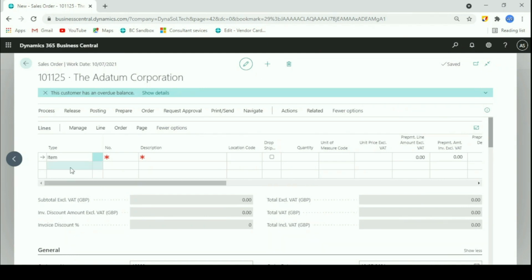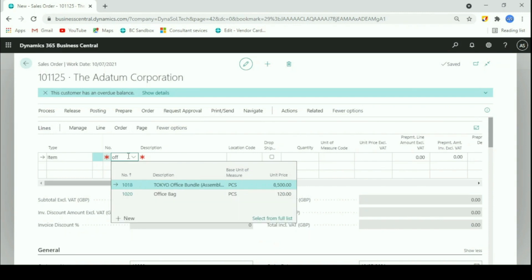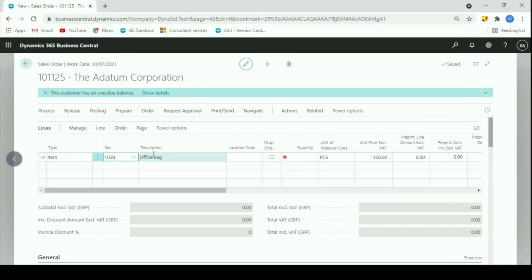Now I am selecting Item as the type, and in the item field we can enter the code or name. I am dealing with the office bag, so I type office bag and select it.